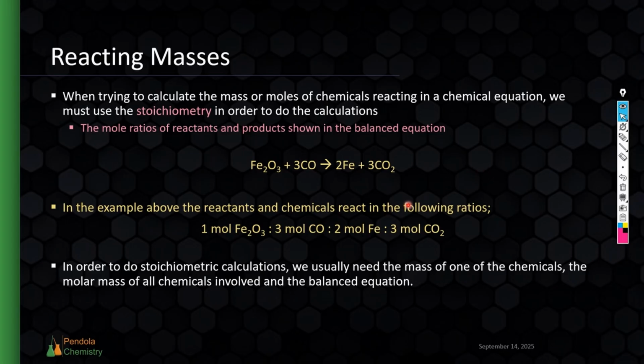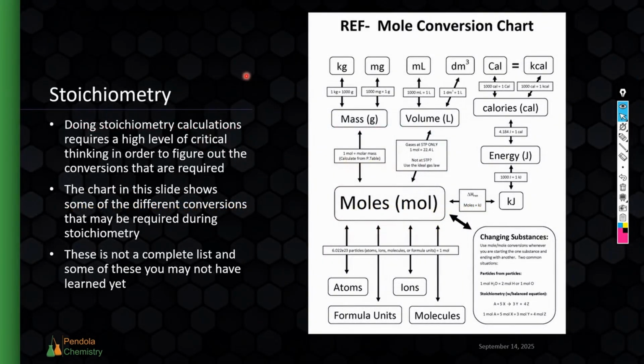Stoichiometry problems can be very complex because they're going to include a lot of different material. So before you even start looking at this section, make sure that you are able to balance equations and to understand what coefficients are from honors chemistry. Stoichiometry, like I said, can require a lot of high-level critical thinking in order to figure out. Because, for example, in this chart, we can see all of the different conversions we could possibly use. Now, this is not a complete list. This is just an idea or an example of all the different things that you could be asked to do